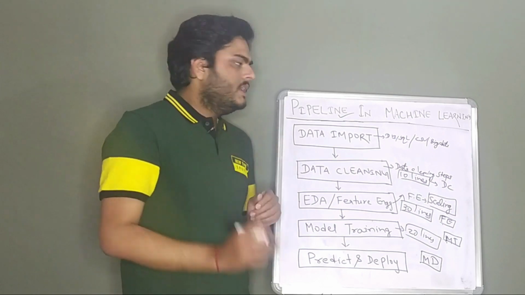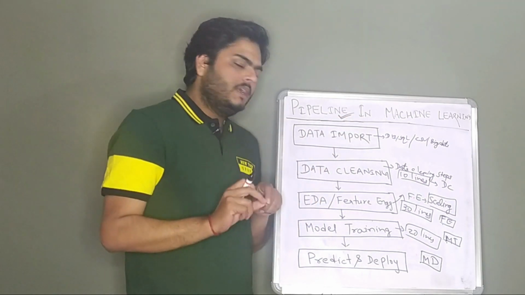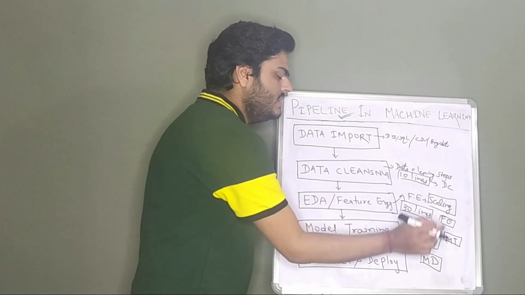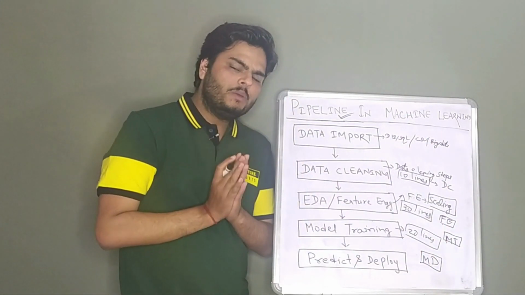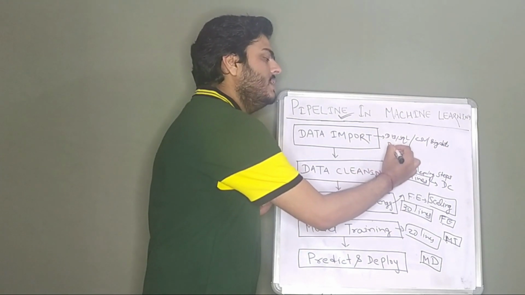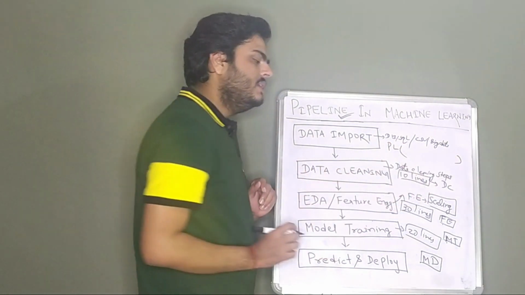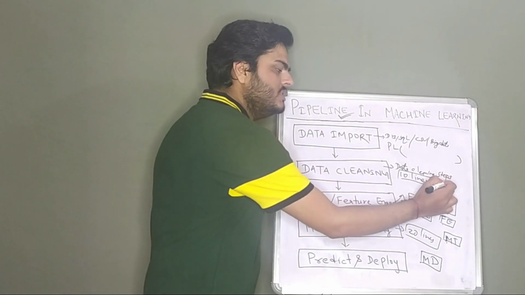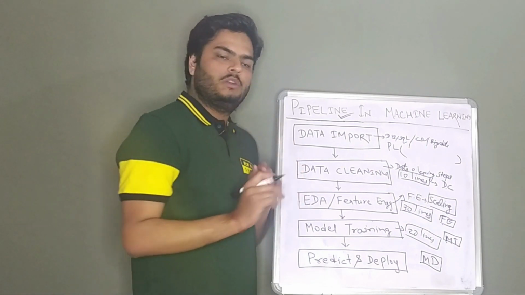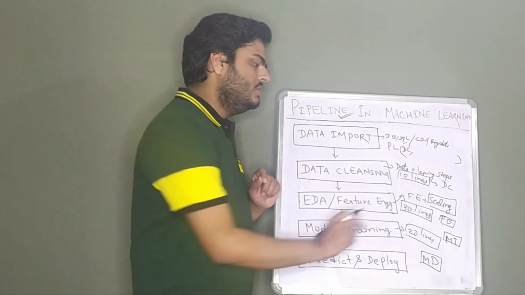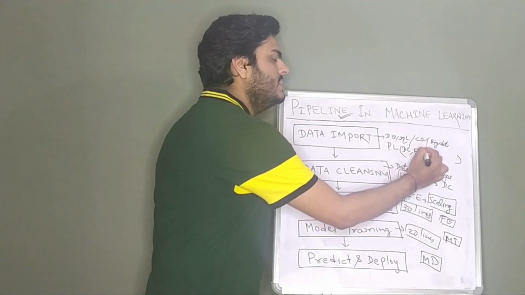Or we can create a pipeline in which we can say that first execute this, then execute this, then execute this, then execute this. So what happens in a pipeline basically is you write a pipeline like this, PL, and then you give what you want to execute first. So here we want to execute first the DC function, the data cleaning function. So you write data clean. What you want to execute next? You want to execute feature engineering. You write FE.